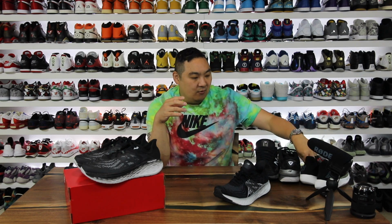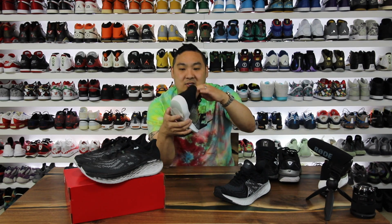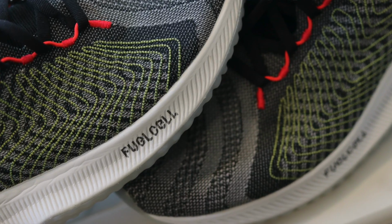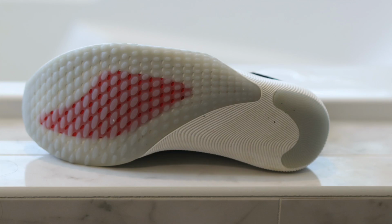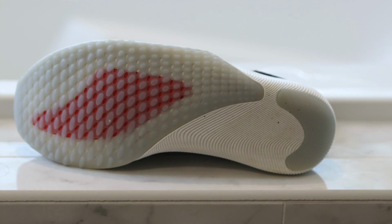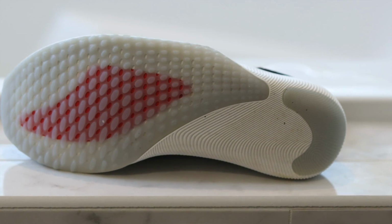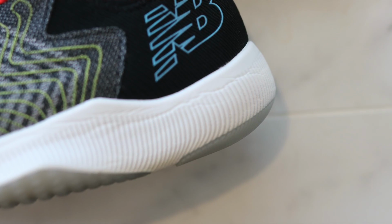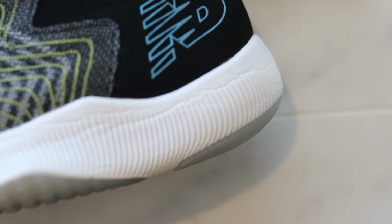Then you move over and you have this New Balance fuel cell technology, and this is the Rebel, and you can get these for like $70, which is insanely cheap. But I thought that these were going to be just another random pair of sneakers with new technology that was just not very good. And truth be told, when I tried these on, I was actually really impressed with the